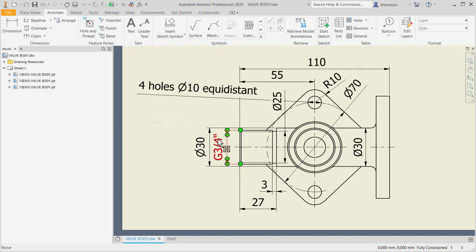G3/4. What is this? Well, you have to know this. In our tutorial number 20, I explained all these things, but I'll repeat now for you to be very sure of what you do. I have to know what is this diameter. Yes, this is why, as I presented in the tutorial number 20, there is